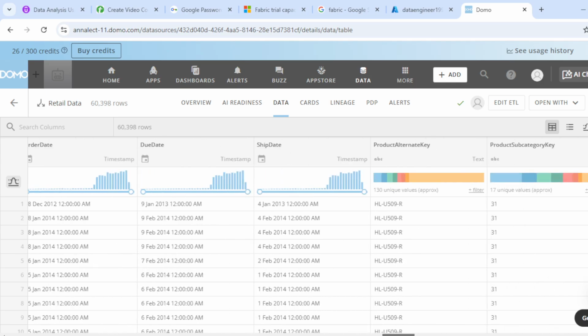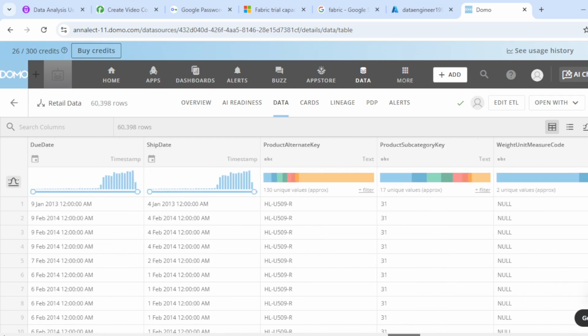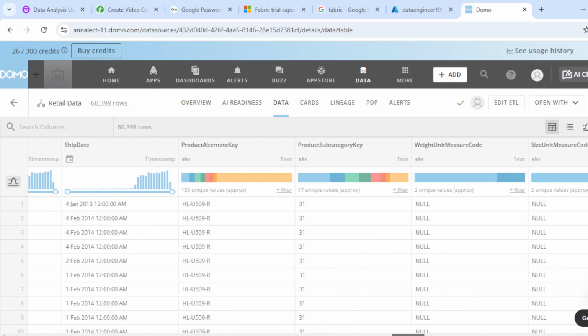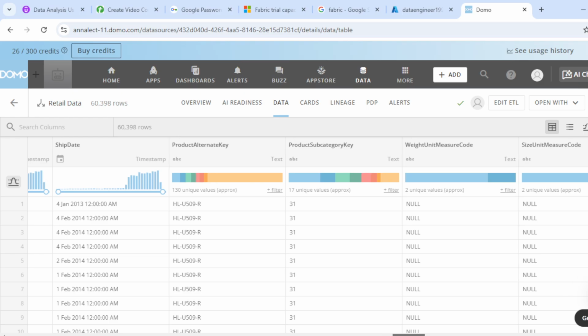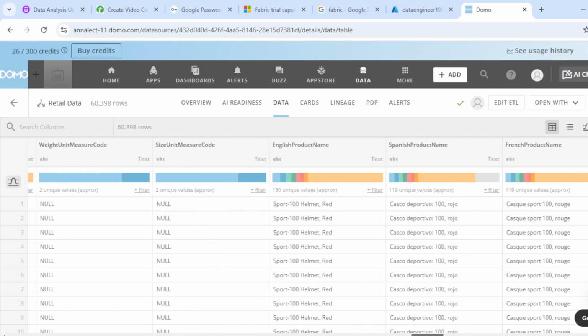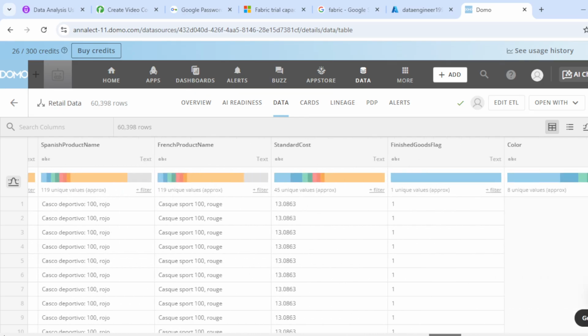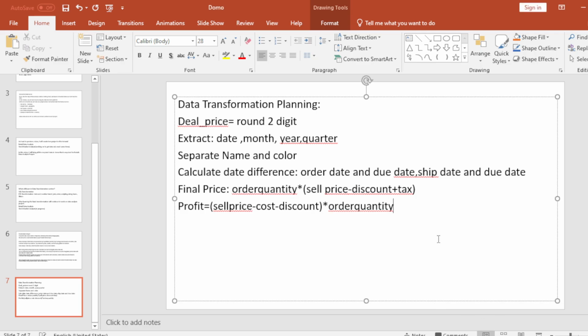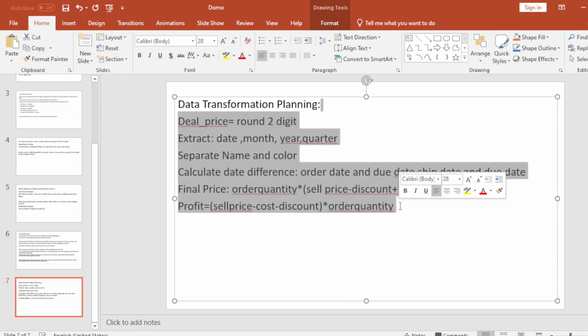But later, while creating a report, if we see we need some other transformation, then again we will modify this data flow and we will apply some transformation. So actually at the report level, we have a beast mode calculation also to apply some transformation. So either we can apply at a report or at card level also, or we can again modify our data flow. Okay. So now in this project, I am going to apply this below transformation in my integrated data set